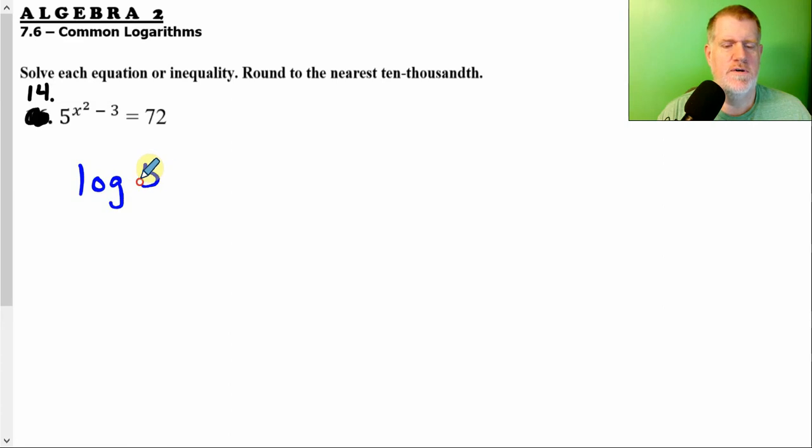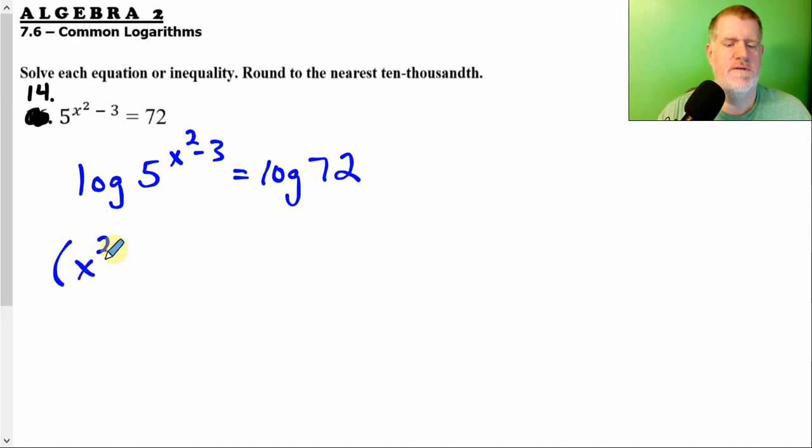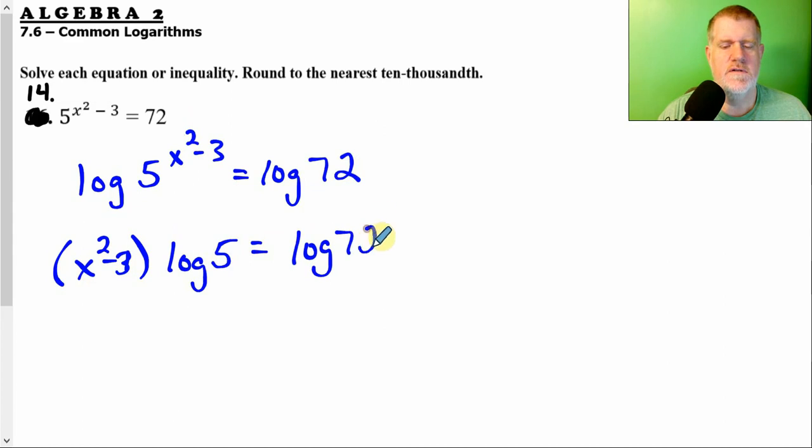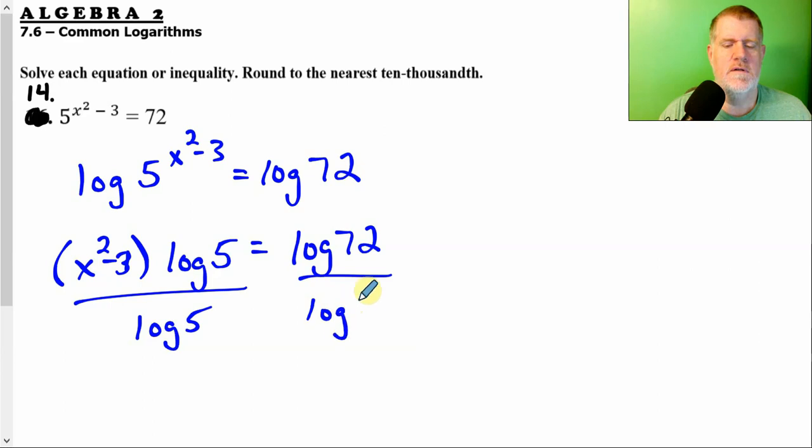If we don't know the exponent, we make it a log. So the x squared minus 3 comes down. And we have log of 5 equals log of 72. I'm going to divide both sides by the log of 5. So now I know that x squared minus 3